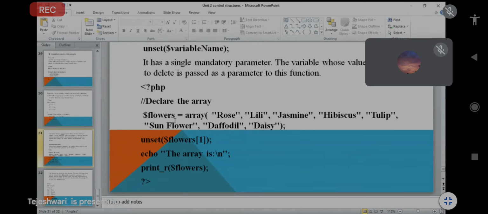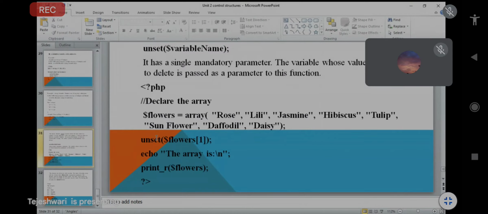We know that flower names are strings of characters, so I took all the strings in double quotes: rose, lily, jasmine, hibiscus, tulip, sunflower, daffodil, daisy. I declared one variable, flowers, and passed all the elements.